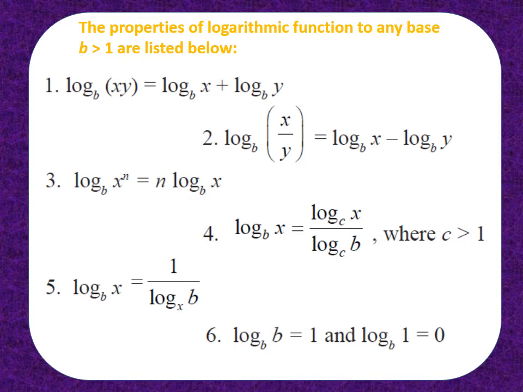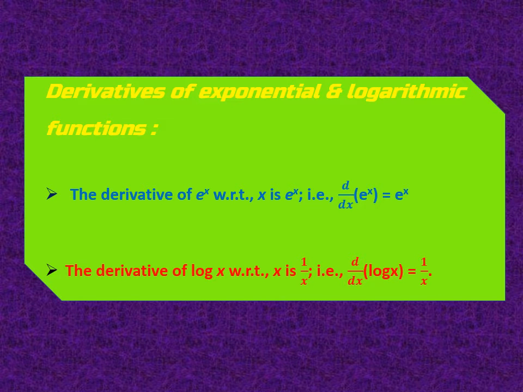Next is the derivative of exponential and logarithmic functions. Now the derivative of e power x, that is the exponential function, with respect to x is given as d upon dx of e power x equals e power x. Clear? If it is e power x, it will be e power x only. Now suppose it is e power 5x. For that exponential it will become e power 5x, but for 5x we have to write 5. Remember the chain rule. First we differentiate e, so it is e power x. Now for x it is 1, so in this formula 1 is not written.